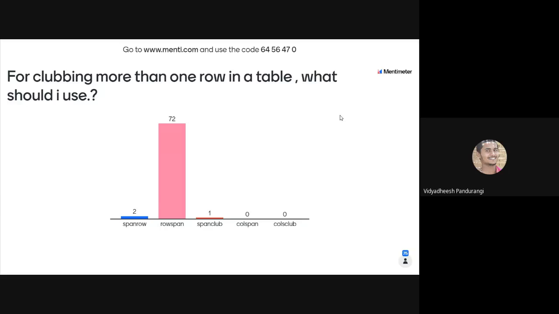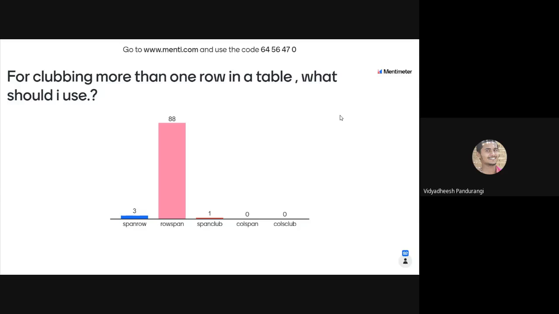There are 118 people, and 72 have answered it to be rowspan, correct? That's quite a good number.